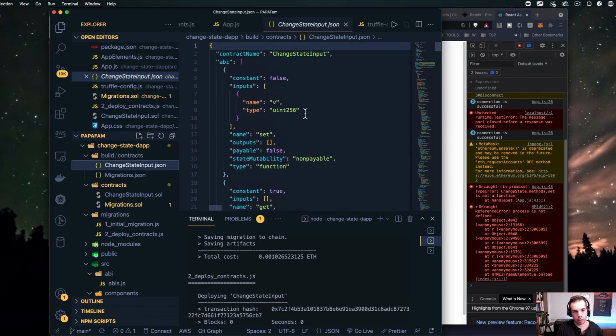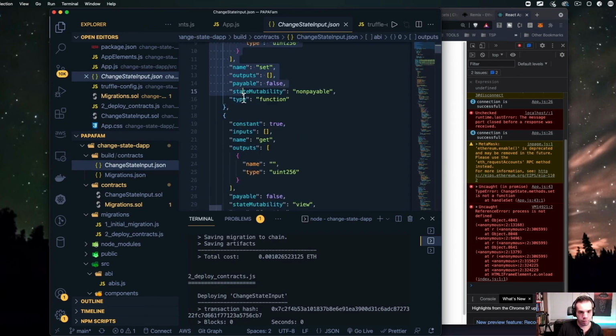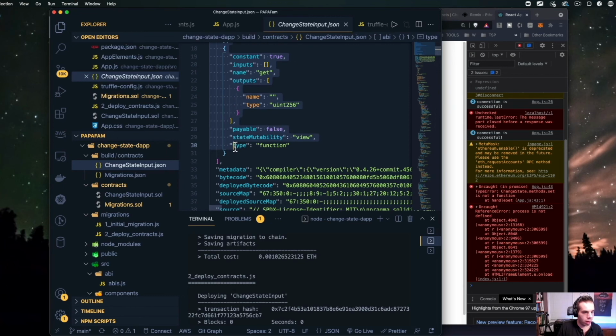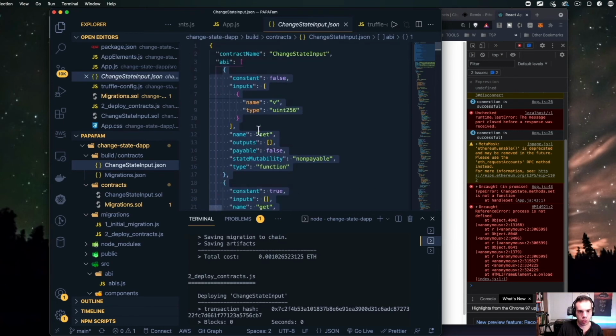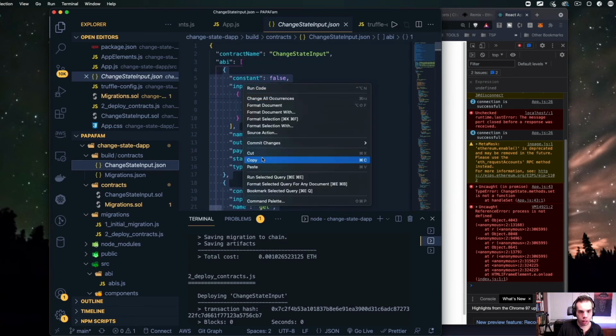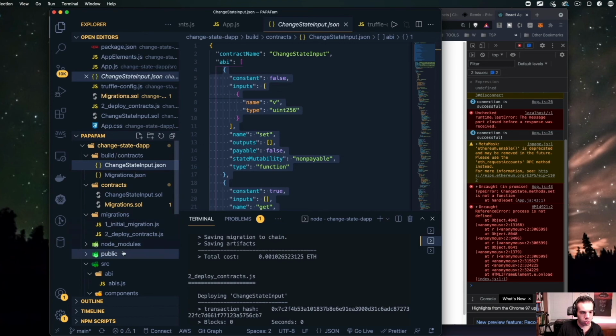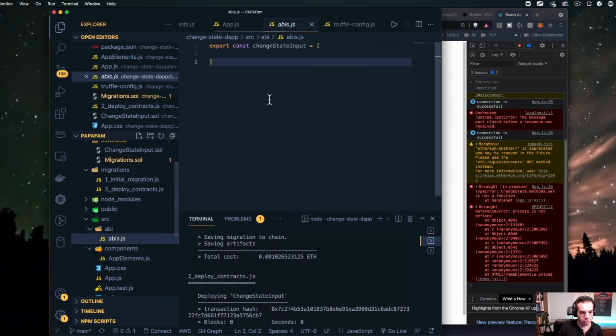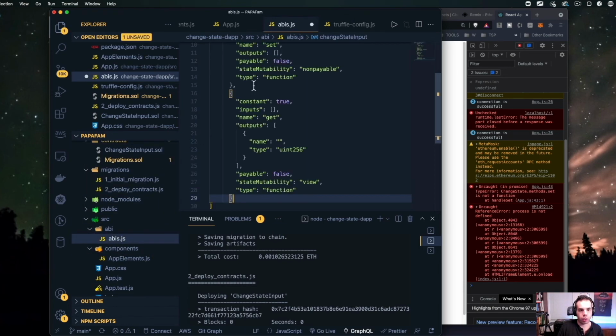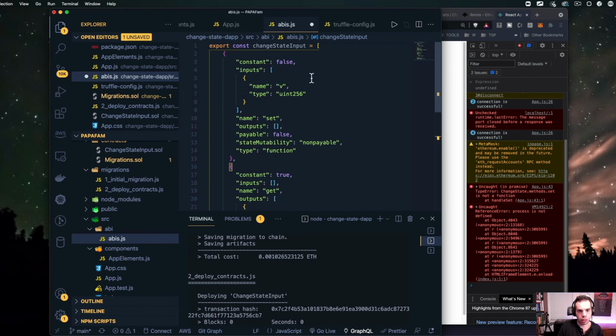And this is basically a file that we're able to use. So we're going to call this specific ABI, and we're going to gather everything in this array up until that bracket where the metadata and then the bytecode starts. So we're going to copy it and paste it into our abi.abi's JSON file, and we're going to create an object of the state change input.